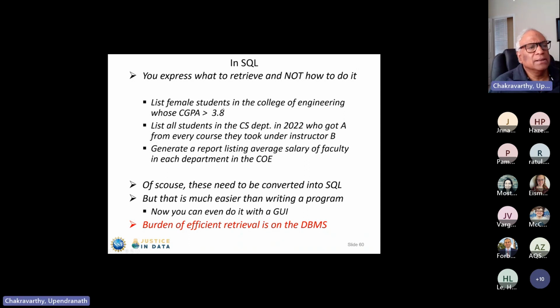Now, this can be relatively easily translated into a SQL query without having to write a program. List all students in the CS department in 2022 who got A from every course they took under instructor B. This may look like a complex query, a complex thing to retrieve, but you can do that. And the good thing is the algorithm for retrieving is